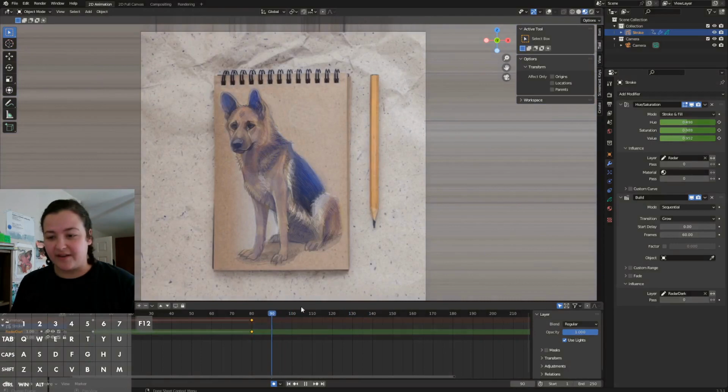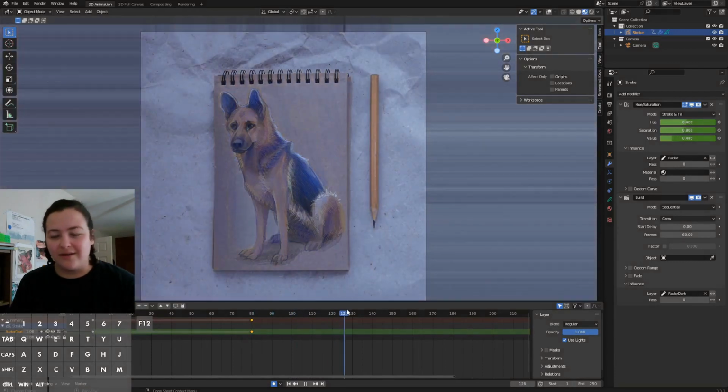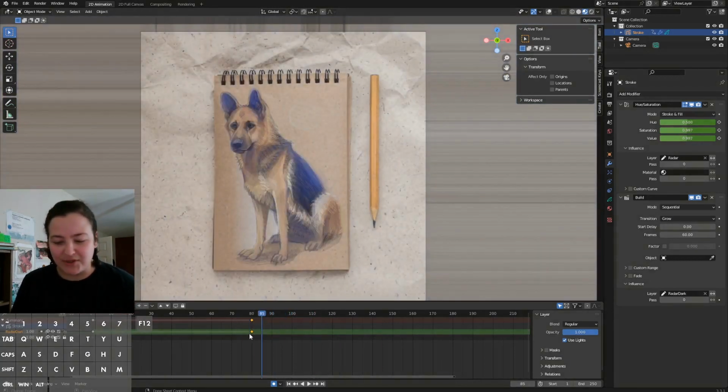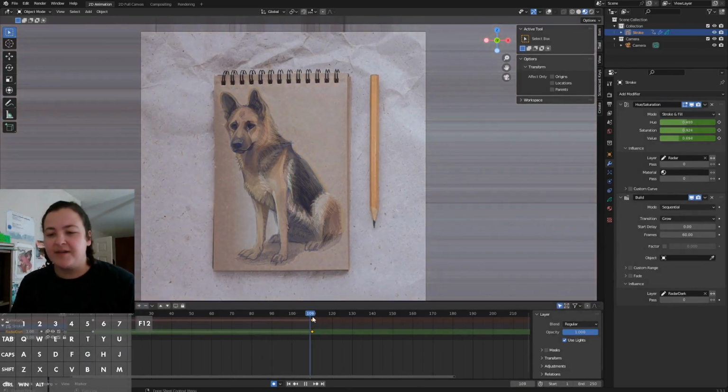So definitely, I think it would make a lot more sense to have the strokes start to be drawn in later on in the animation, because they're starting here at frame 80, but with the first 20-30 frames of the animation, it doesn't even get that much darker. So I'm definitely going to scooch that a bit already. I'll try out frame 110. So we're getting a bit darker, and then